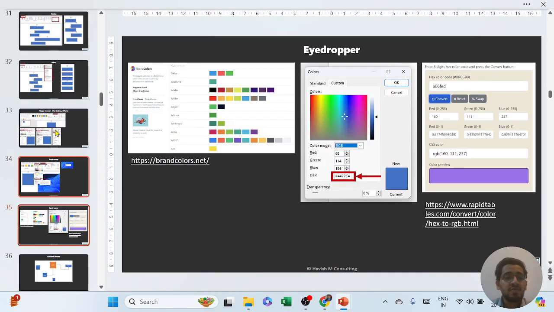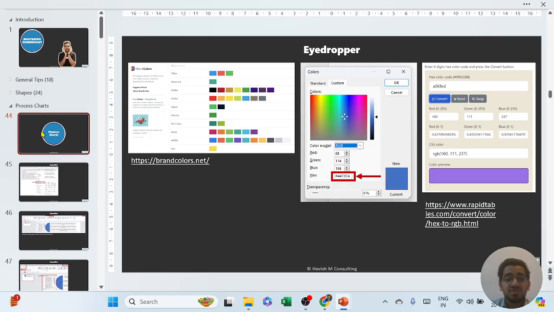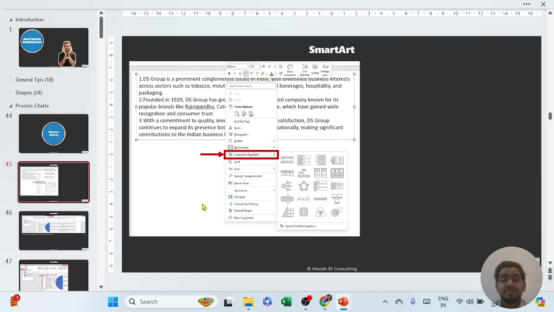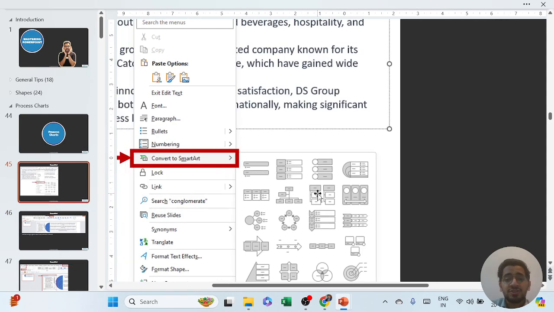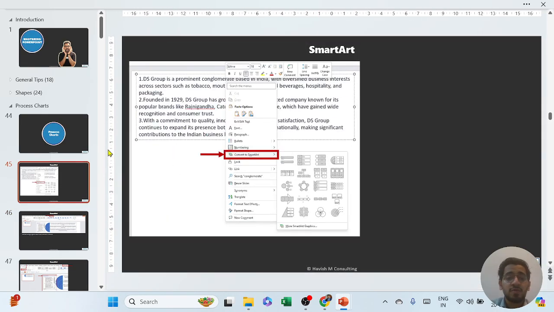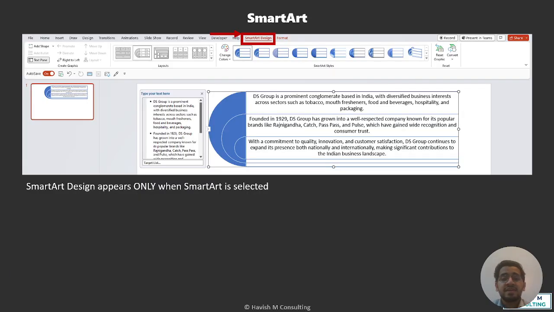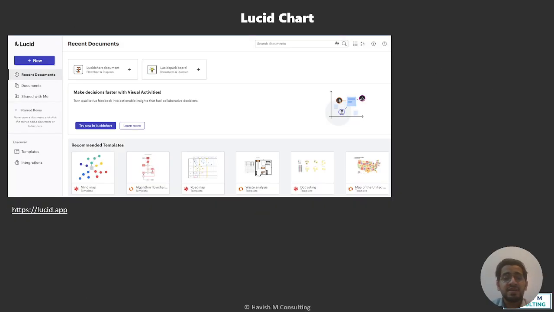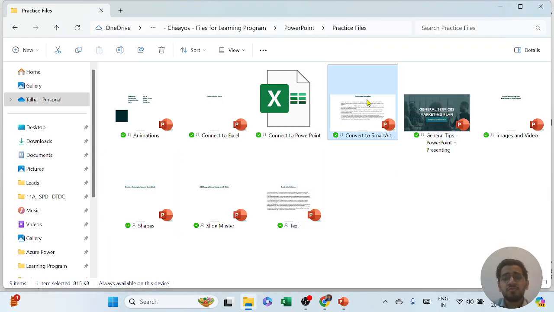Then we went on to cover, let me tell you which topic we covered next, process charts, which are SmartArt that you can create in PowerPoint. Whenever you have simple text like this, you can always enhance the text by converting it into SmartArt. So simple right click and choose the shape that you want, choose the option or command that you want. Doing that allows you to create a custom shape like this, in which you get a bunch of options for your reference. Just to quickly show you, if I go to convert to SmartArt,